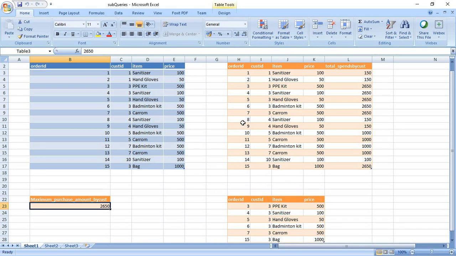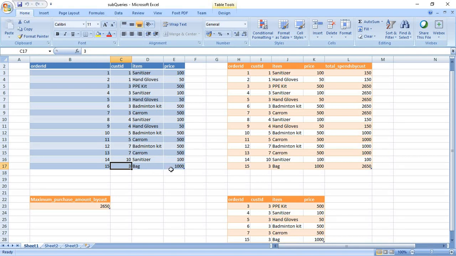Now we wanted to know which customer has purchased an item costing more than 500. If you can see here, customer ID equal to 3 spent more than 500 to purchase one single item.